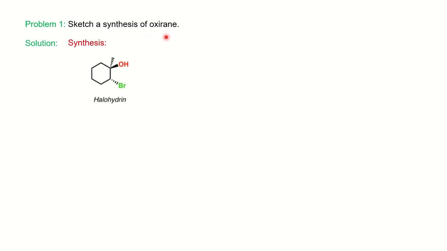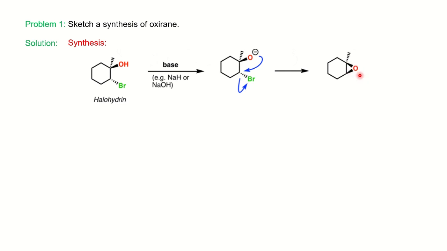So here we will synthesize oxirane. What is oxirane? Oxygen in a three-membered ring is called oxirane. So how are we designing it here? We are seeing a halohydrin. You can notice one OH group, and at the adjacent carbon you have a halogen group. In the presence of base, it will abstract the acidic proton and generate a nucleophile, and the nucleophile will attack the electrophilic carbon with the loss of NaBr, and you will get the formation of a three-membered ring containing oxygen. So this is one method to design oxirane.